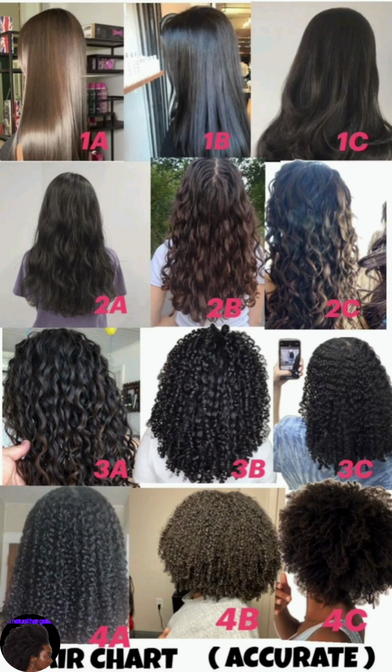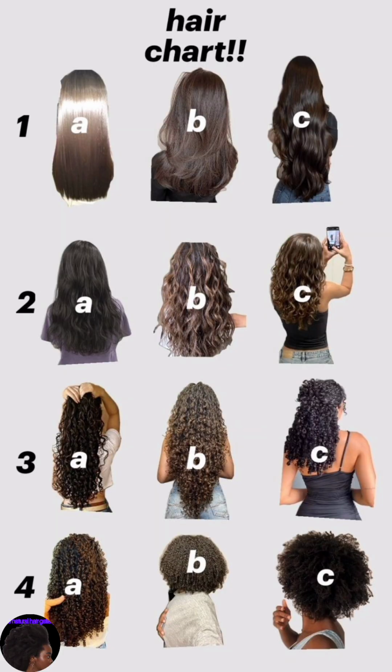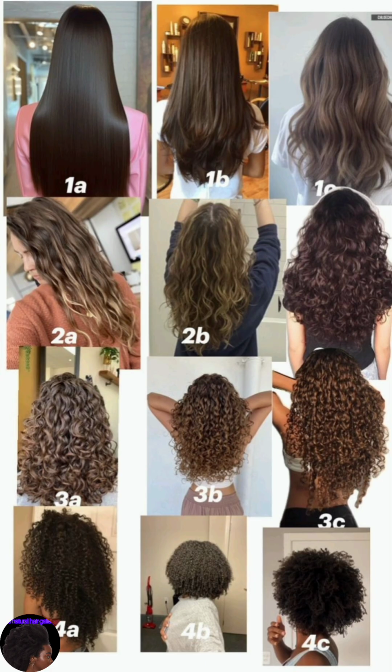Now let's break down 4A. Type 4A, defined curls with a visible pattern. Type 4B, less defined, more zigzag pattern. Type 4C, tightly coiled with little to no visible curl pattern. Understanding this type